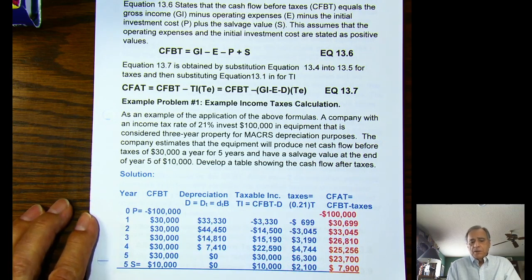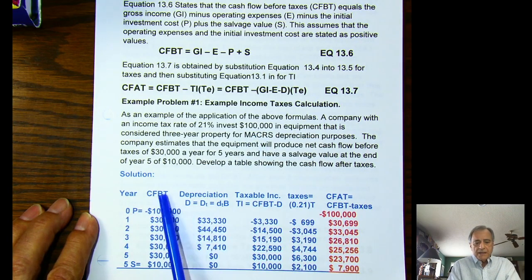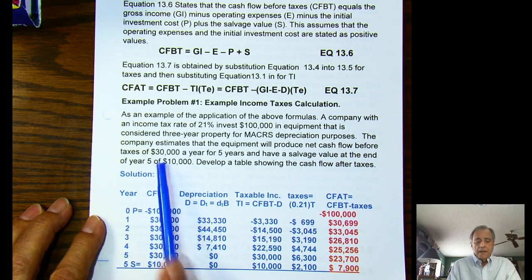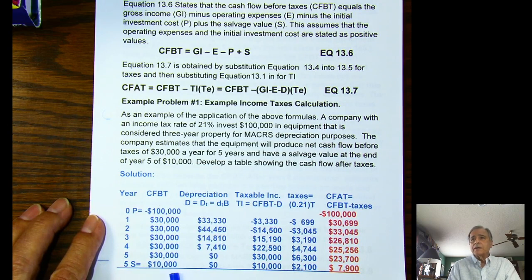And so for time 0 or year 0, I have minus the $100,000 investment in my cash flow before taxes. And then in years 1 through 5, I have the $30,000 operating income. And then in year 5, I also have then the plus